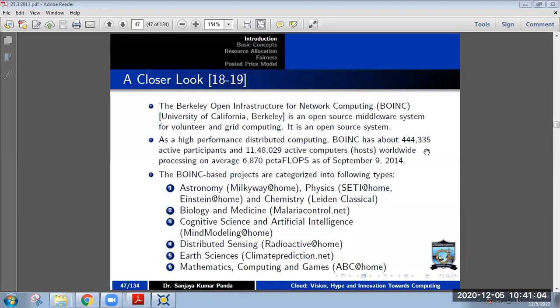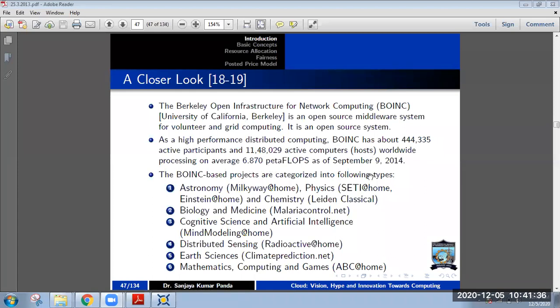One institute wanting to collaborate may have 1,000 or 5,000 computers, so they may share more than one computer also. You can see here around 4.5 lakh users are active, and they are hosting around 11.5 lakh active computers, and the total computational power achieved on average is 6.870, based upon a particular date.